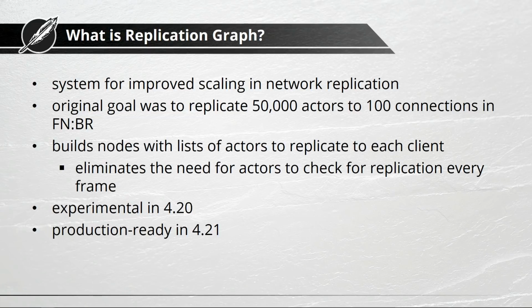And actually for them, the issue here wasn't just bandwidth, it's also CPU, because up until Replication Graph, trying to find out what to replicate to whom is actually based on a virtual function, which is just called isRelevant. And so everything that we're going to see from now on, you could actually achieve through isRelevant as well, but then it will hit your CPU. So we're doing this with Replication Graph instead, so we get both the bandwidth and the CPU improvements here.